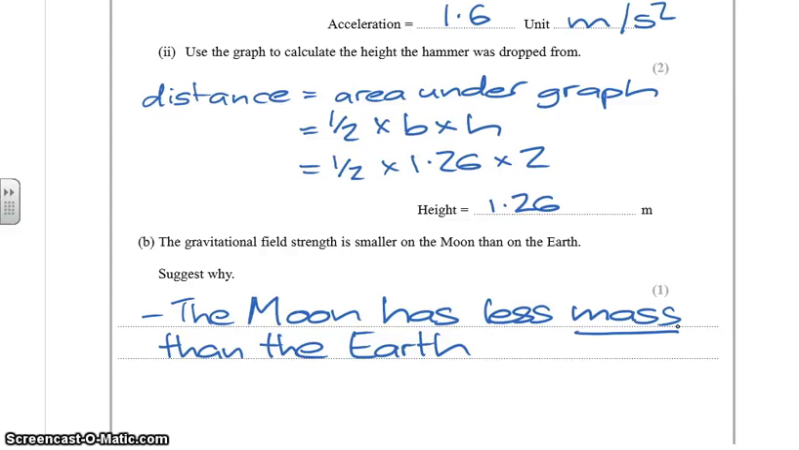Gravitational field strength is caused by masses. So it doesn't matter how big things are. Things can be quite small, but have a very high mass and have a very large gravitational field strength. Like